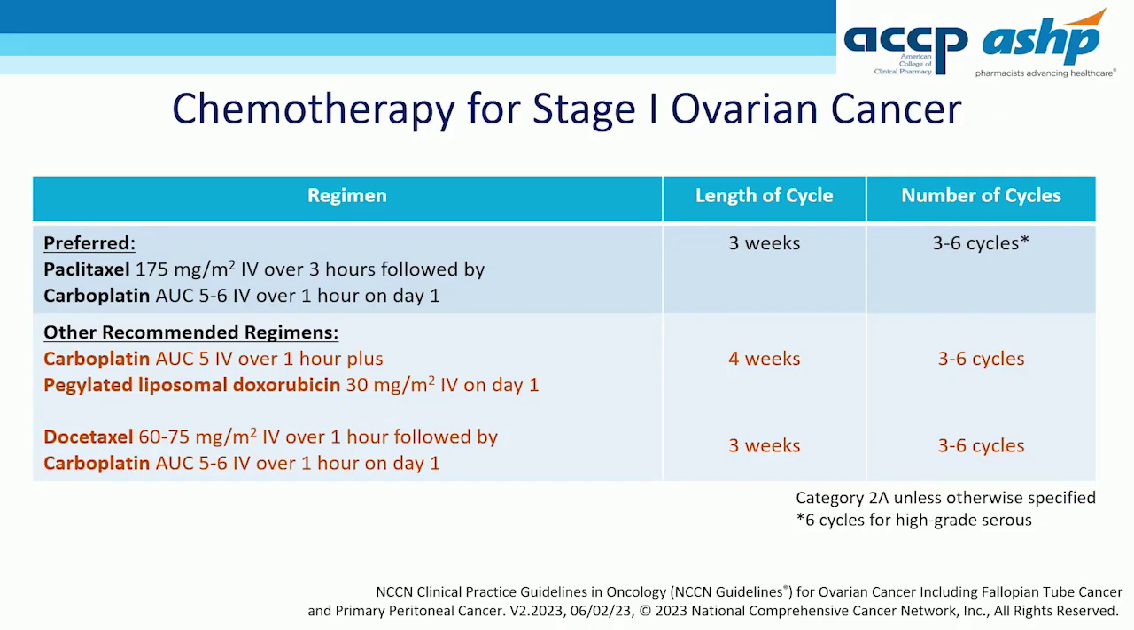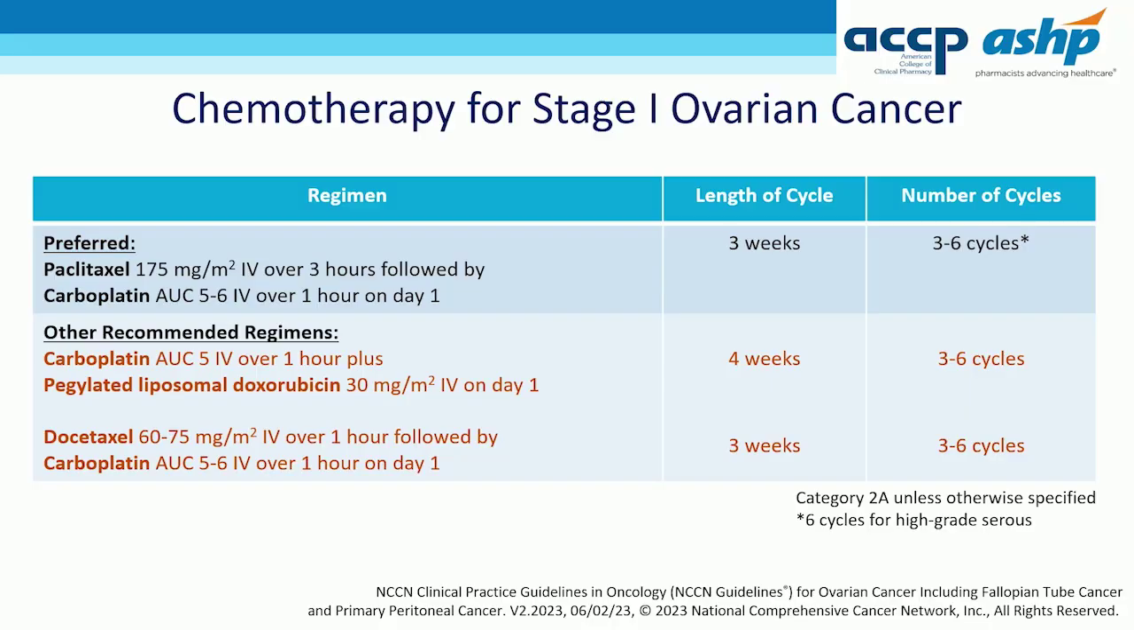And so what chemotherapy are we using for these patients when I say a platinum-based regimen? Our preferred platinum-based regimen is going to be carboplatin with an AUC of 5 to 6 and paclitaxel at 175 milligrams per meter squared. This is given every 3 weeks, and again, we're going to be looking at 3 to 6 cycles depending on